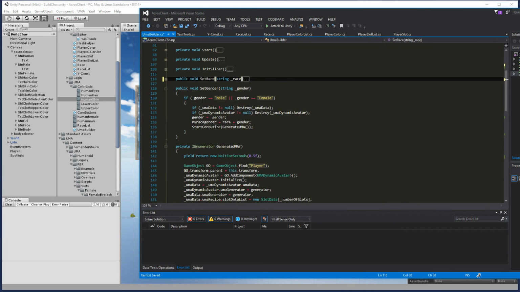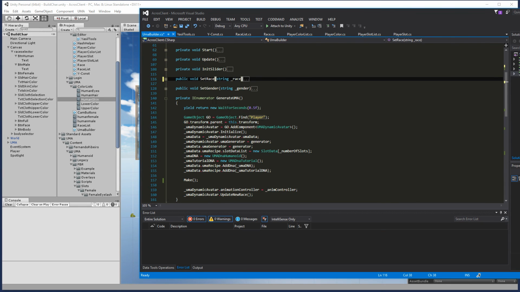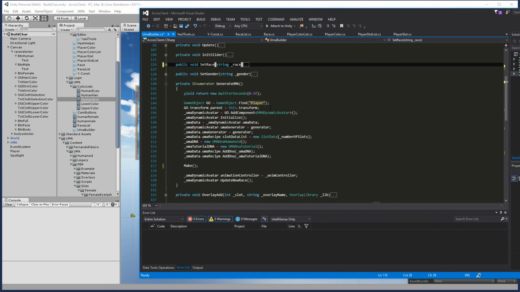So we have the same on set gender. We just check if it's male or female. If it is, then start the same process, except you don't add the race here, you add the gender here, and also build a new my race gender and start the coroutine generate UMA. In the enumerator generate UMA, you just yield for a half second and go through everything like you have before,